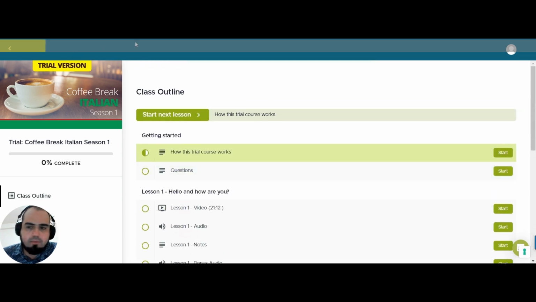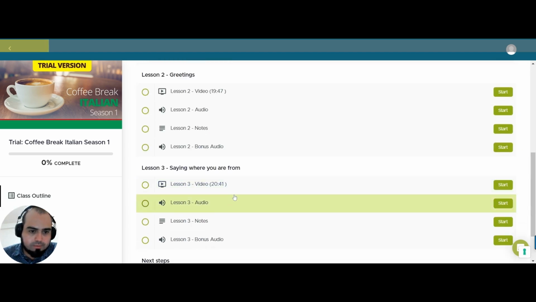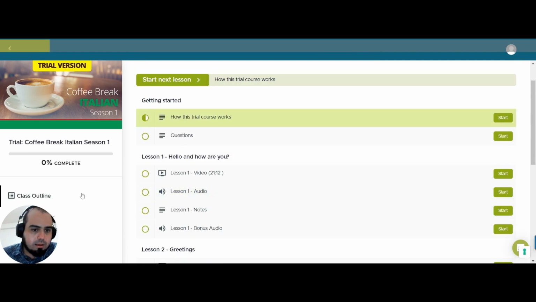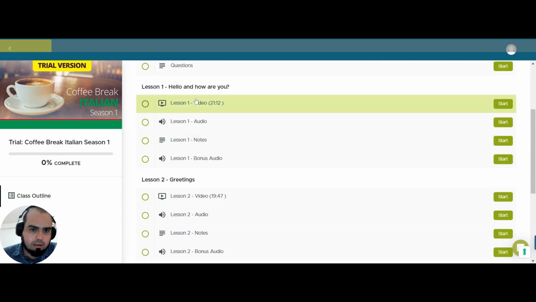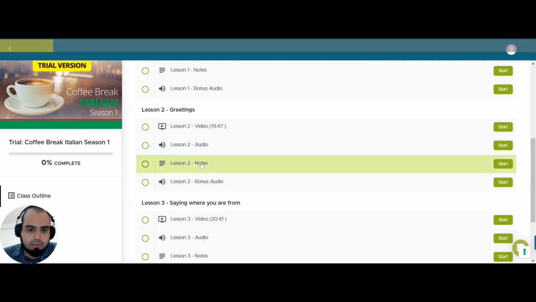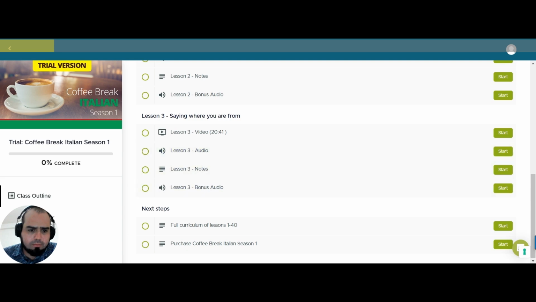Basically there's not a navigation bar in this case. I don't know if it's also one of the limitations of being the trial version. But here you have the class outline, which is this one. The title of the lesson, how the lesson is structured: video, audio, notes, and then bonus audio. I think it's the same in all of them. Yep. And then here you have some next steps. Basically, once you finish the first three lessons, they show you what you can do if you decide